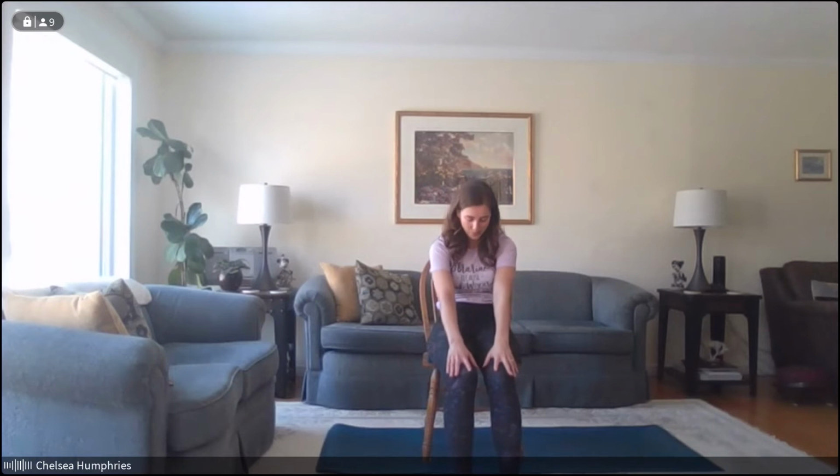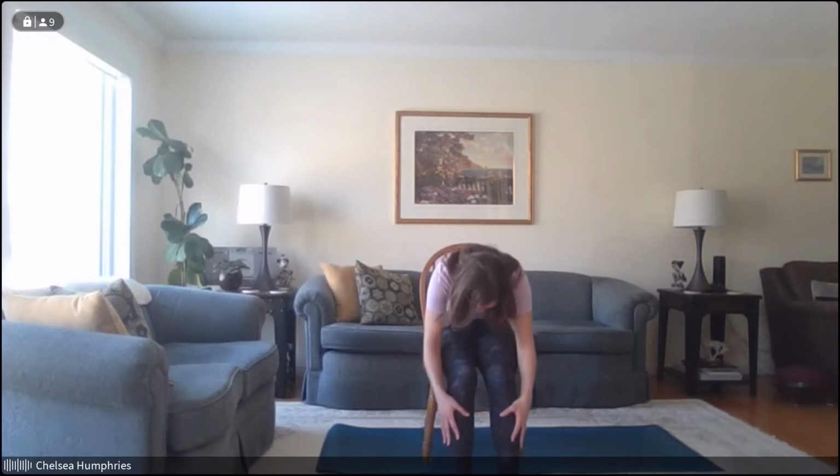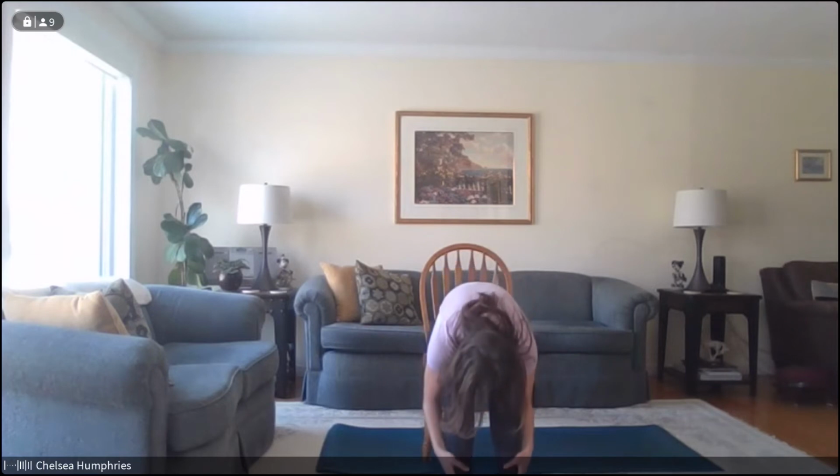And exhale, round it back. From this rounded back position, we can take our feet a little bit further in front of us here in our chairs. And if you're seated on the floor, you can extend your legs a little bit in front of you. From this rounded position, we're going to continue the journey rounding forwards, so that we're draping our body over